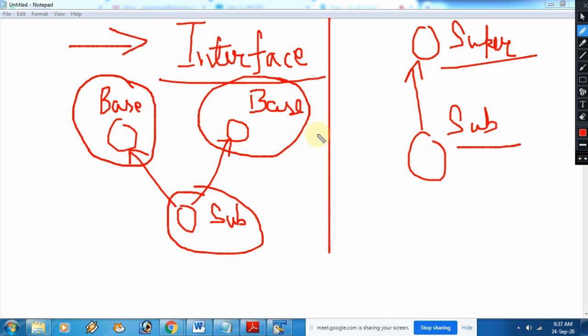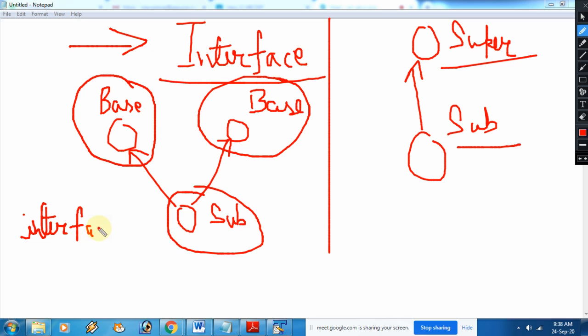That is why Java doesn't support multiple inheritance directly, but for implementing the multiple inheritance concept, Java provides another concept, that is interface. Interface is a keyword in small letters, like this.